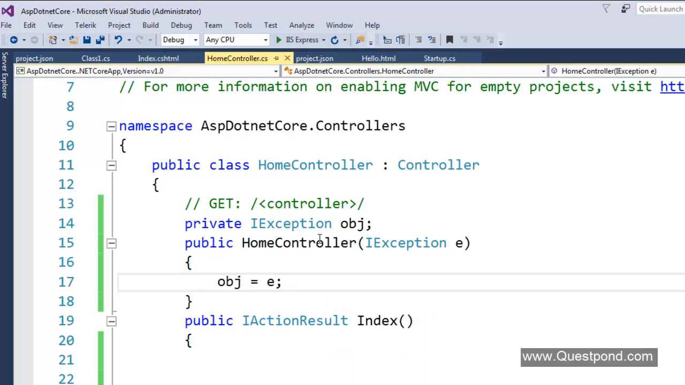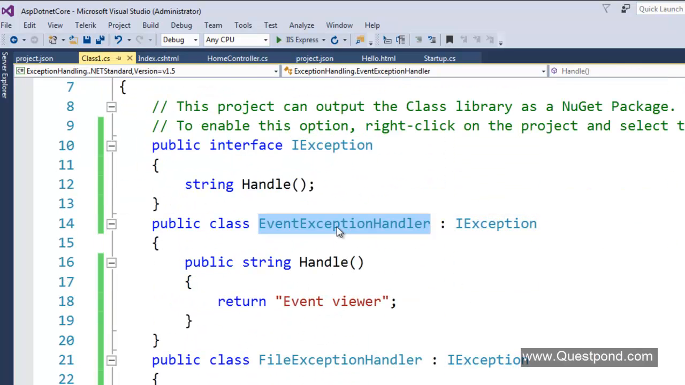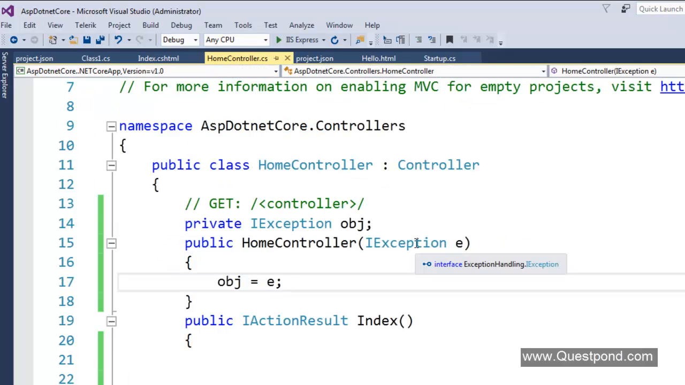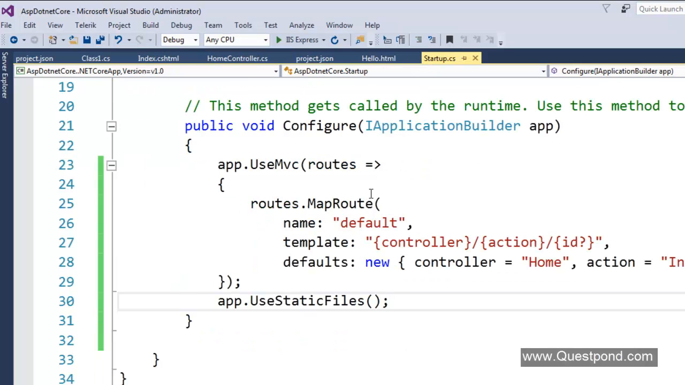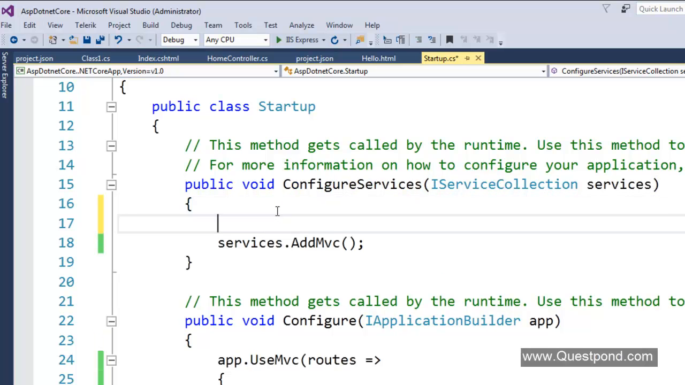So in other words, now we are saying that this exception handling class, we need to inject as a service. So sometimes we want to inject the event exception handler, sometimes we want to inject the file exception handler. And that's why, in MVC6 or in ASP.NET Core or MVC Core, they have given an inbuilt dependency injection. And this inbuilt dependency injection is termed as a service. So what you can do in your startup.cs file, remember we had a method here called configure services. So you can go here and say,